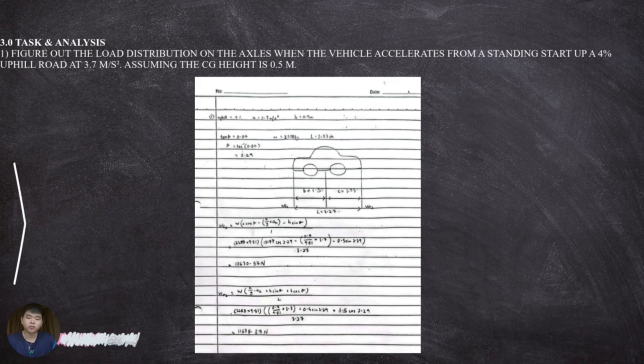Before applying all the information to the formula, we have to know the information that is required to solve the question. So firstly, we know that the wheelbase of our vehicle is 3.27 meters and the mass of the vehicle is 2,280 kg. So the first step is to convert the percentage of the uphill into degrees, which is 2.29 degrees using tangent. And with all the information, we just have to sub it into the formula